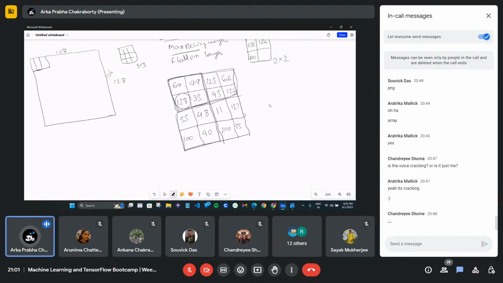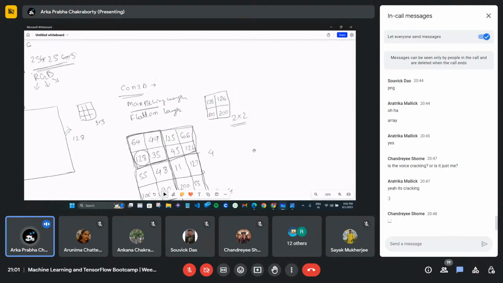Again, I am taking this 2 cross 2 matrix and taking the maximum value. See how many rows there were: one, two, three, four. Four rows and four columns, right? So this is my 4 cross 4 matrix. Now I'm getting a 2 cross 2 matrix. See, I'm able to compress the image. This will again go through the convolution layer, and again some filters will be applied.